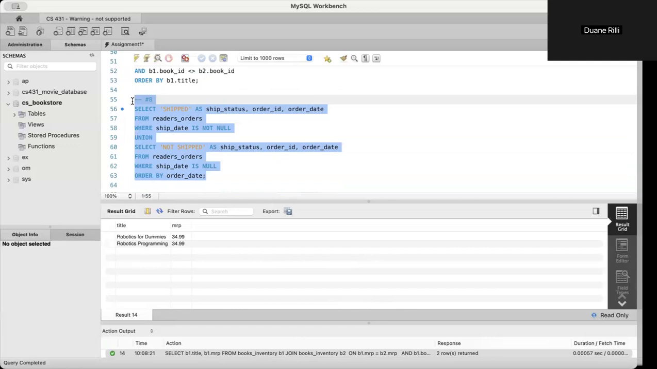whether each order has been shipped or not shipped by checking the ship date column if it has a value. If it has a ship date, we will label it as shipped. If it doesn't have a ship date, we will label it as not shipped. And then the results will be combining both of those